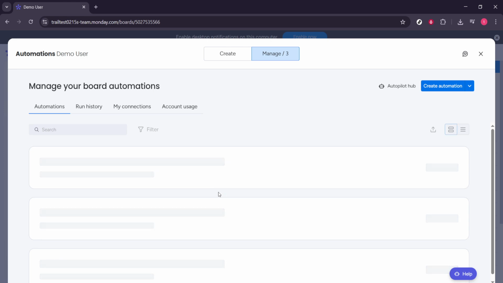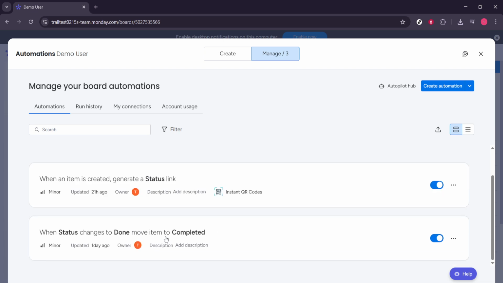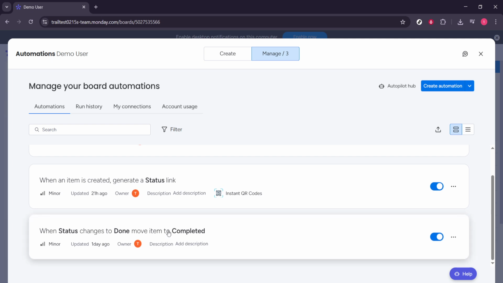A quick tip as you use this: make sure the status labels on your board are clear and consistent so the automation fires exactly when you expect. And if your process evolves, you can return to Automate at any time to adjust the trigger value or pick a different destination group. That's it. You've set up a